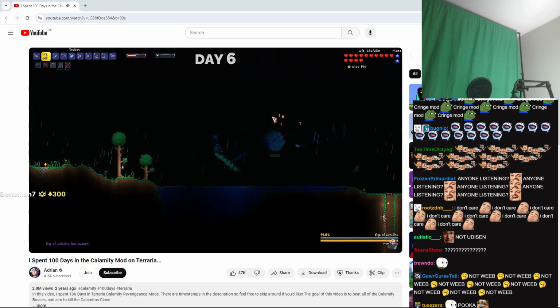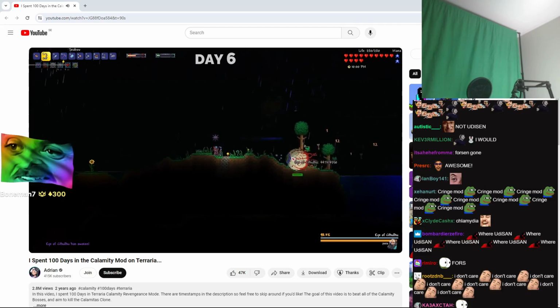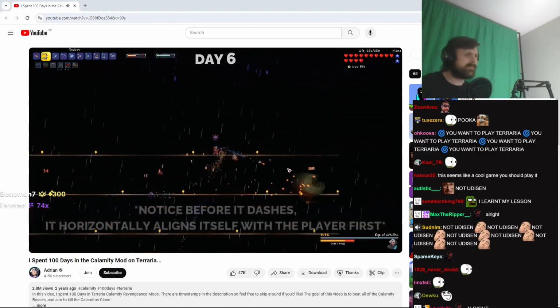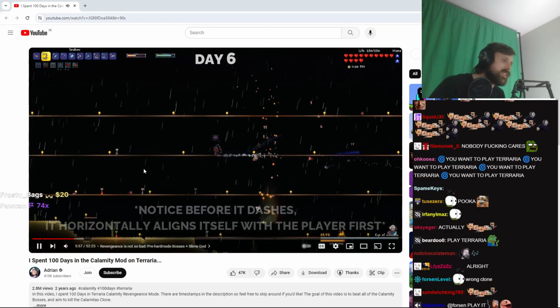So that night, I summoned the Eye of Cthulhu. And like the new King Slime, there's going to be a new phase that I was not aware of at all. In Revengeance mode, it actually goes into Rage at 75% HP. And then when you get it low enough, it actually